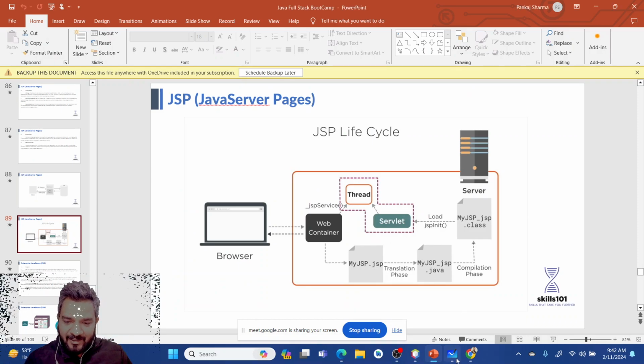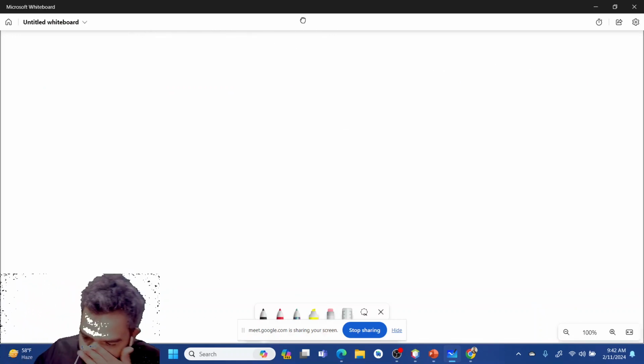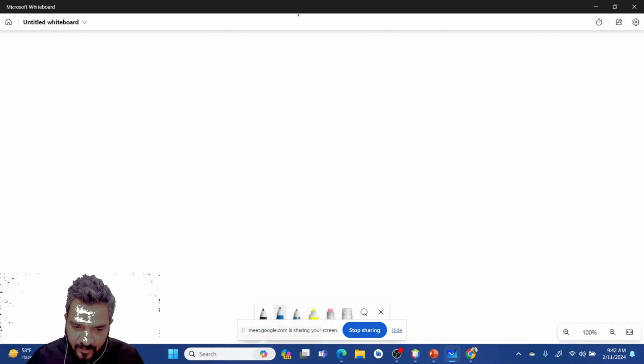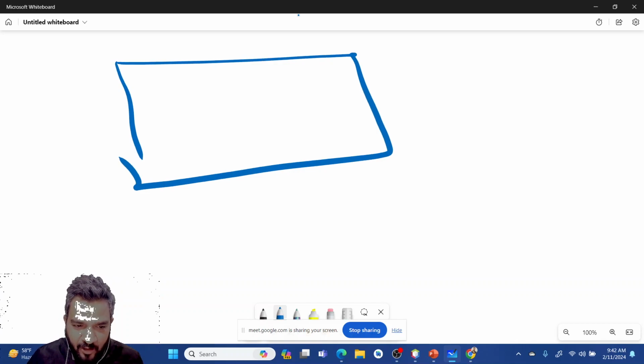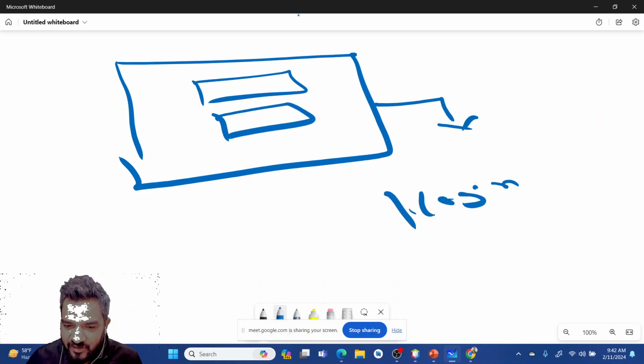Now what we are trying to do today, we are trying to make a simple login page. We have already created a login page in that project, so I'll teach you how to do it. We will make a login page where you enter username and password, then the request will go to the login process page, right.